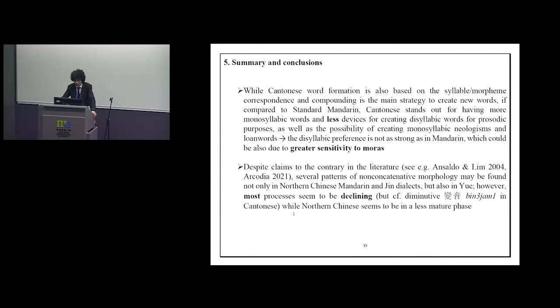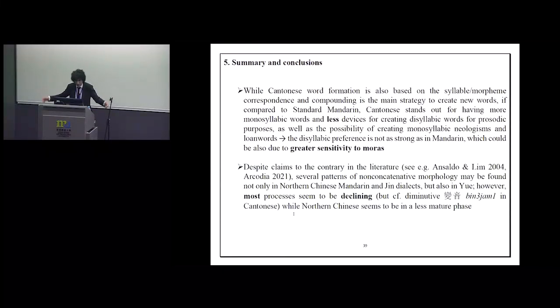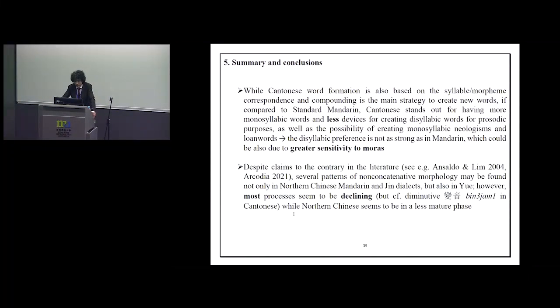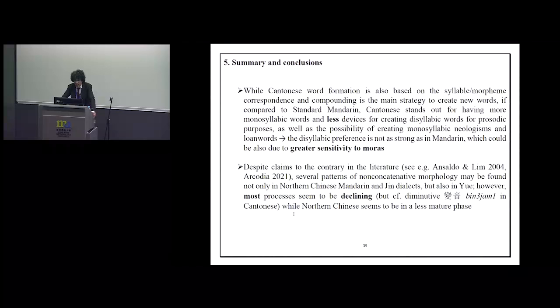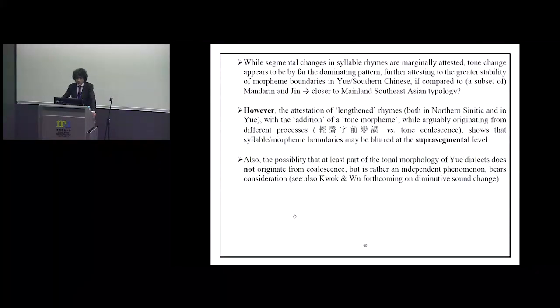Second, despite claims to the contrary in the literature, like, for instance, Ansaldo and Lim, and even myself, actually, several patterns of non-concatenative morphology may be found not only in Northern Chinese, Mandarin, and Jin dialects, but also in Yue. However, most processes seem to be declining, while Northern Chinese seems to be in a less mature phase. While segmental changes in syllable rhymes are marginally attested, tone change appears to be by far the dominant pattern, further attesting to the greater stability of morpheme boundaries in Yue and generally in Southern Chinese if compared to Mandarin and Jin. So this again could be a sign of the fact that Yue is closer to the mainland Southeast Asian